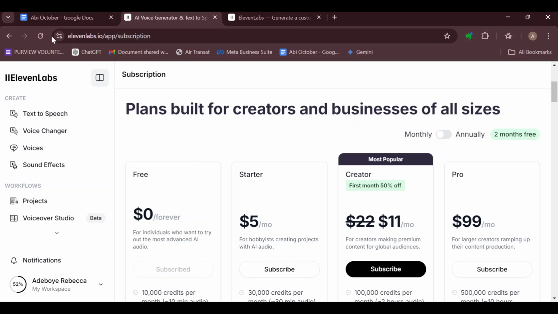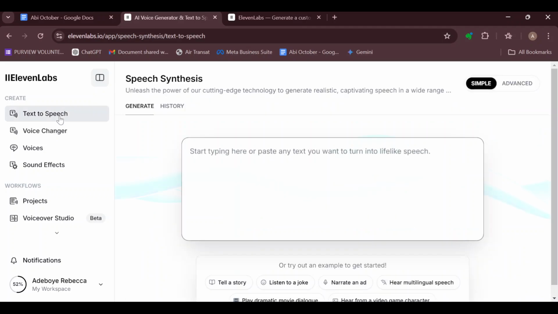So that is it. That is the only way you can downgrade to the free plan or to free trial